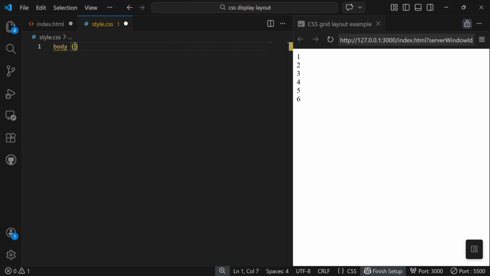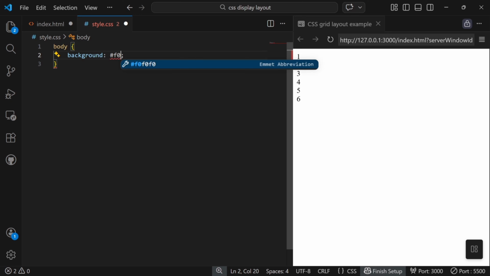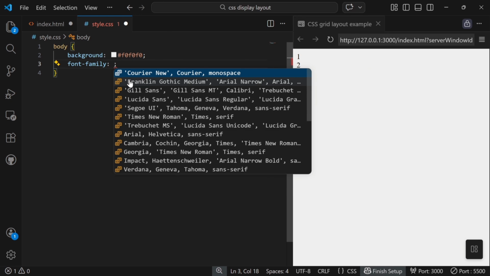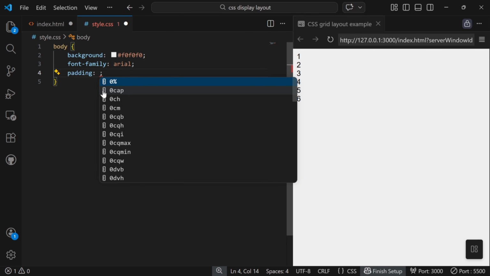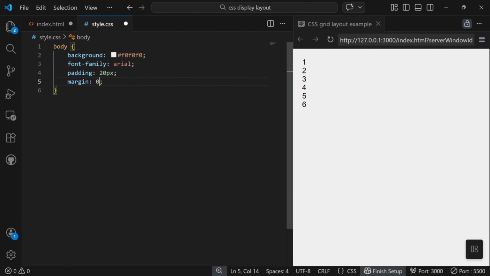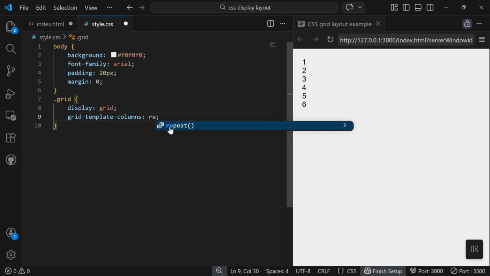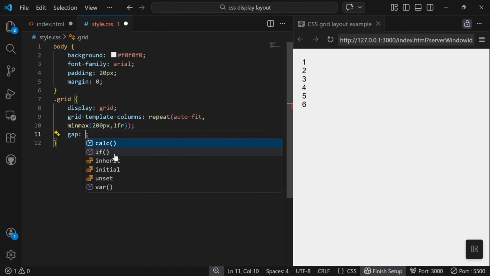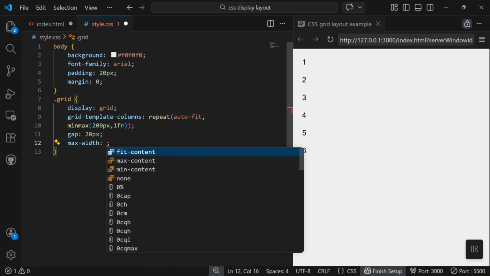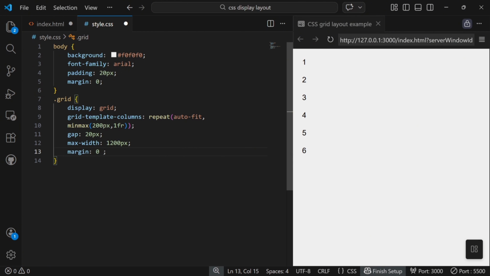First, we style the body by adding a light gray background, setting the font family to Arial, and adding padding around the page. Next, we target the grid container and set the display to grid. Then we define the columns using repeat, auto-fit, and minmax, which automatically creates responsive columns with a minimum width of 250 pixels. We also add a gap of 20 pixels to create space between the cards and center the layout